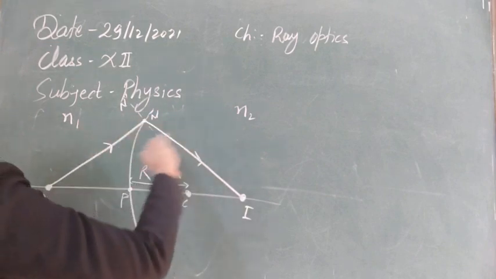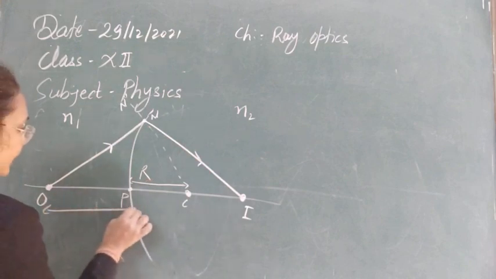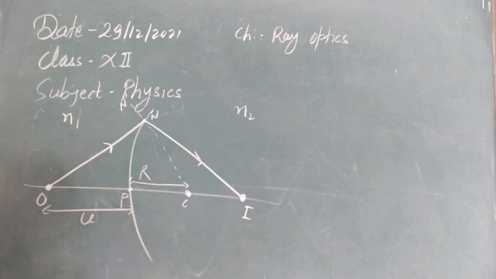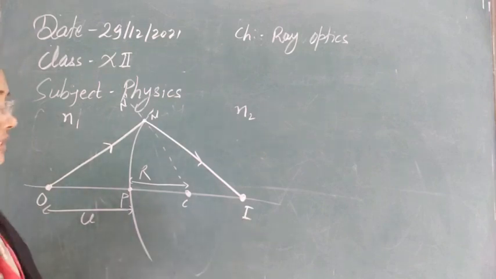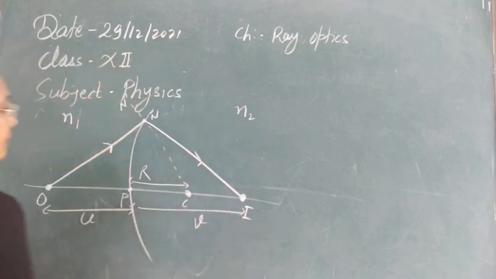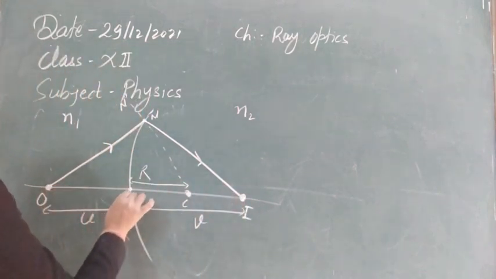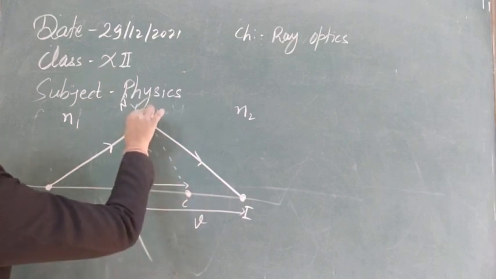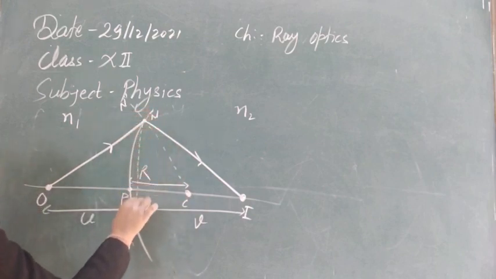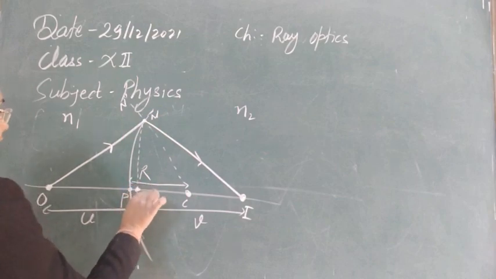Now if you know n1, n2, or the radius of curvature, and also the object distance that we keep from here to here, then we can easily calculate where the image will be formed. As you know, this is the image distance v from here. So let's take this as I, obviously this is O, and this is the pole P. Now what we will do in this case is draw a normal from here. Let's name this point M.